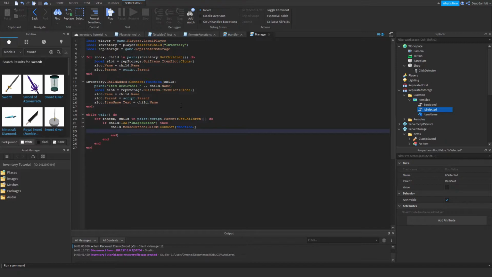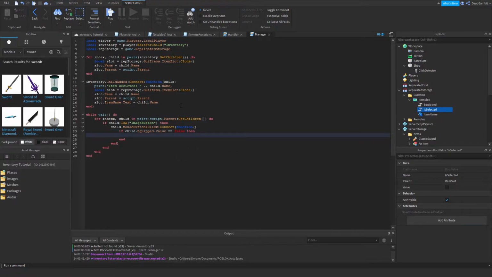Now we can do if child.equipped.Value is false, then if child.isSelected.Value is false, then